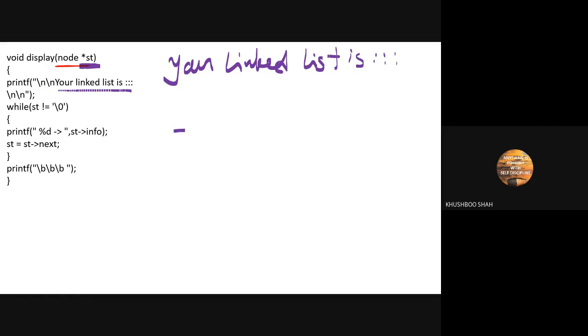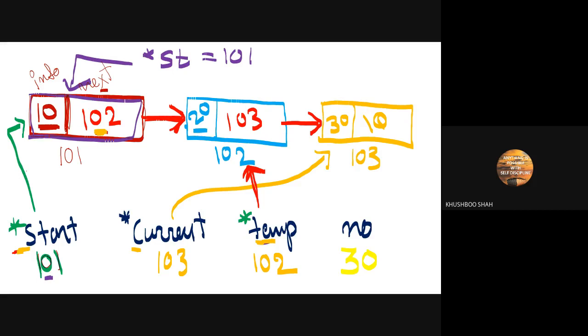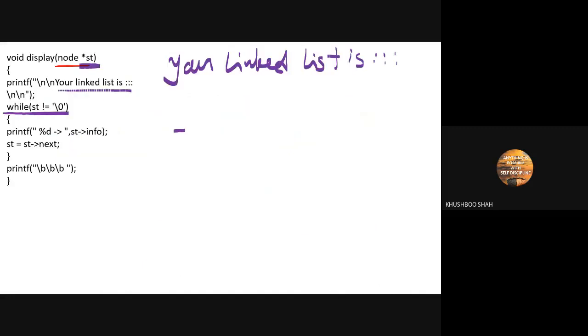Now see, there is a loop. In this loop, while st is not equal to null. Is st null? No, ma'am, it is not null. So what we have to do? Printf has to print something which comes from the st info.